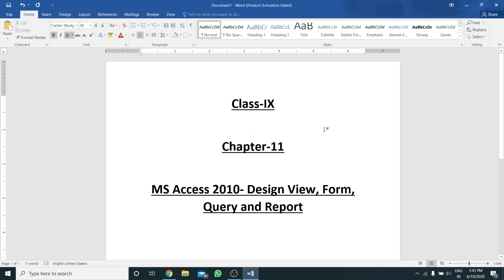In this chapter 11, we will be discussing design view, how to create a database using design view, how to create a form, how to create a query and how to create a report of the databases.